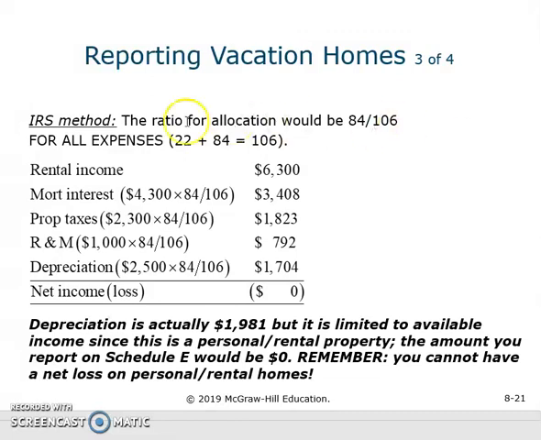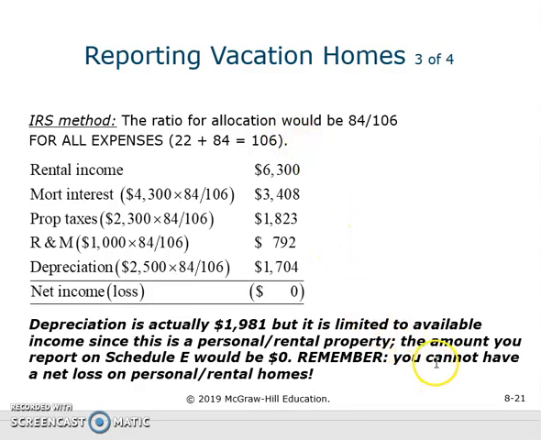So using the IRS method, the ratio for allocation would be 84 divided by 106. So this is the rental days divided by the total days of use. So we're going to use that for all expenses. So we have our rental income, the mortgage interest, again, it's going to be multiplied by our ratio. Property taxes, repairs and maintenance, and depreciation are all multiplied by the same ratio. So once we apply the ratio,